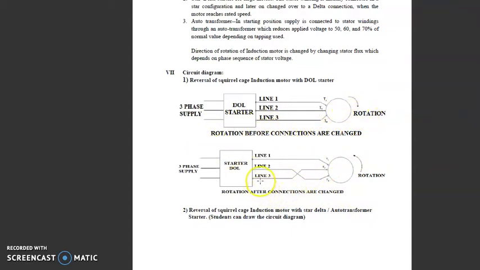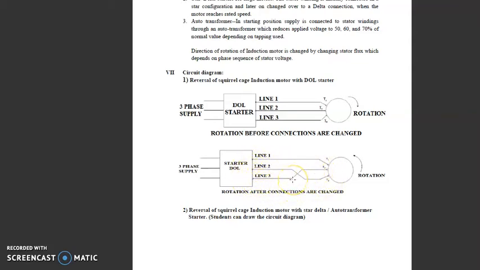Now in the second case, line 1, that is the R phase, we connect as it is. Now we are exchanging the B phase and Y phase. Previously the Y phase was connected to the second terminal and the B phase to the third terminal. This is R, this is Y, and this is B. Here I am keeping the R phase as it is and exchanging only the Y phase and B phase terminals. Initially Y to Y connections were there, but now I am exchanging line 2: the Y phase goes here and the B phase to the middle. That means I am exchanging these two phases of the induction motor.